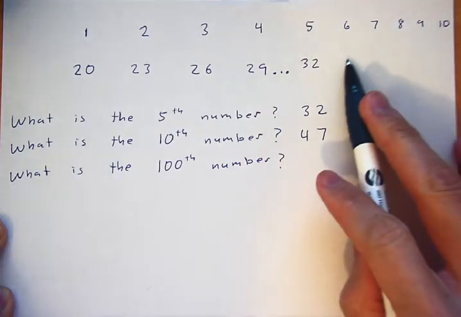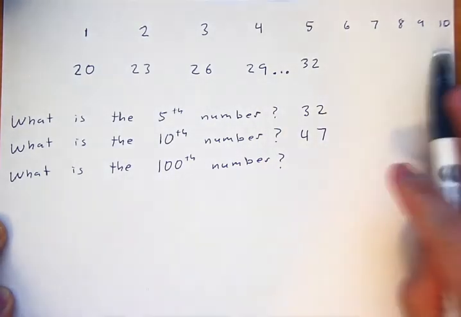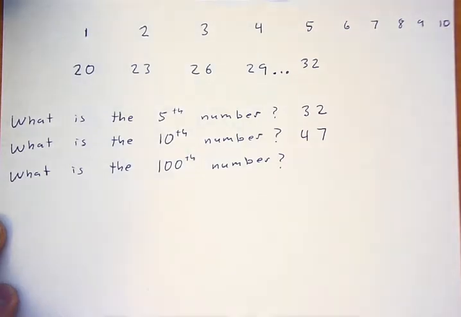Well, in your head, going plus 3, plus 3, plus 3, plus 3, and counting all the way to 100, there's 95 steps you have to do, so you're likely to make a mistake somewhere in there if you're doing 95 different steps. So there has to be a better way to do it than just counting all the way to 100. So one way we could do this is,